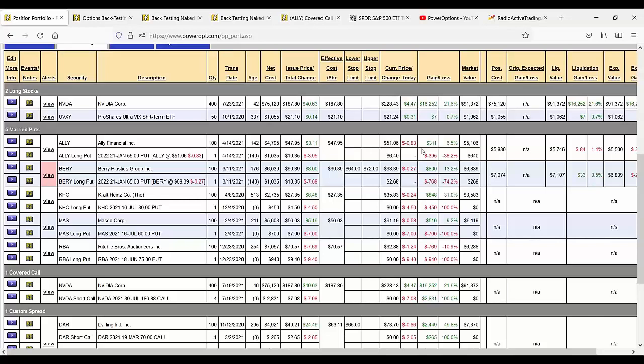I can keep it in my mind, but I do still use the portfolio to help me with the journal of why I entered the trades, why I did a rollout, why I did an adjustment, why I chose to manage it instead of closing it. And of course, I can see what alerts I've set for upper and lower stop limits, and I can list that in the notes section